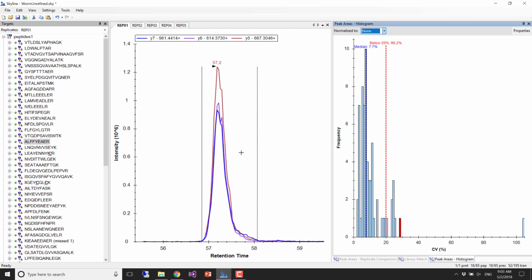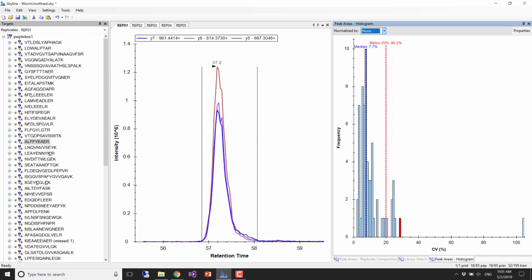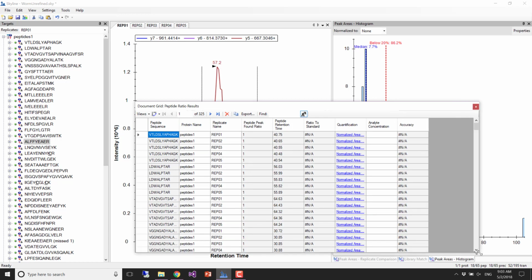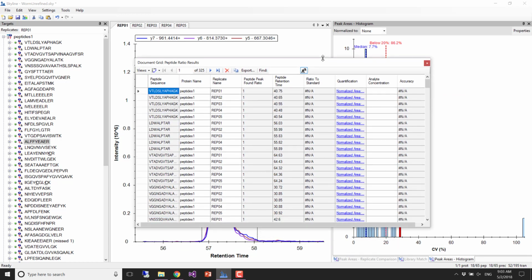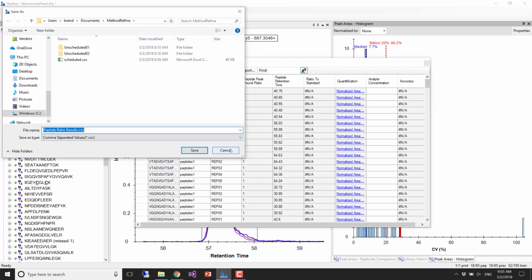Okay, so we definitely played with the document grid yesterday. For people who showed up, we were playing with the document grid a fair amount. So here again is the document grid, and it just comes out to peptide ratio results, which is what I was working with yesterday. Anytime you're in the document grid, we call it a live report. You can always just click export, so whatever you've got in the document grid, you can export